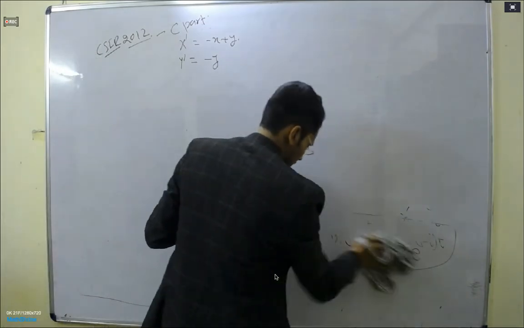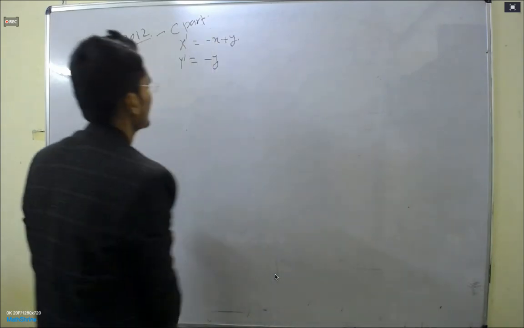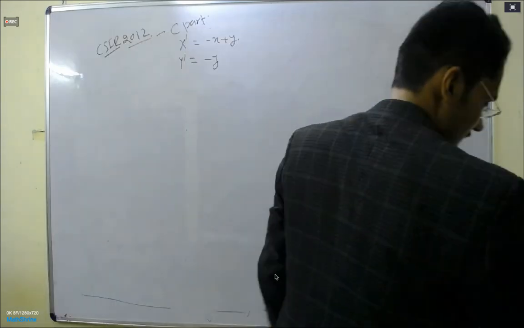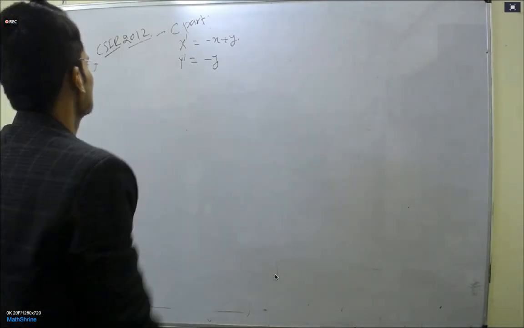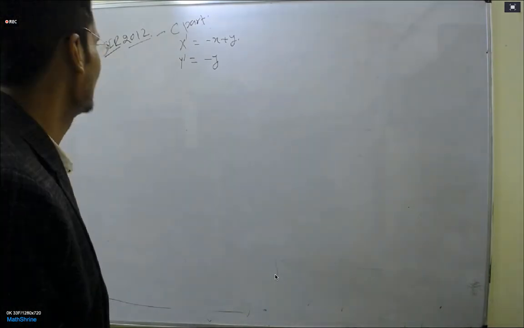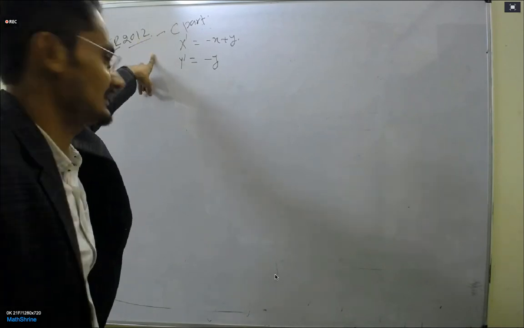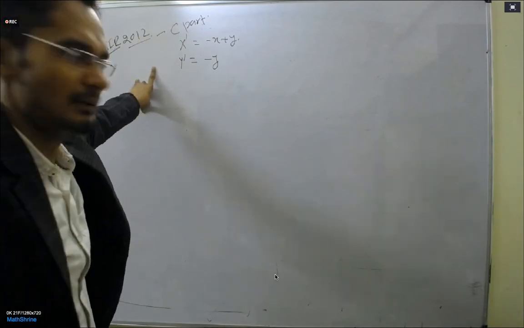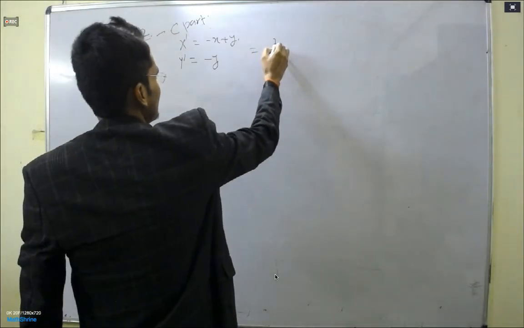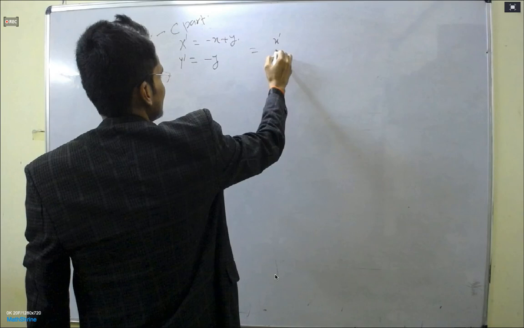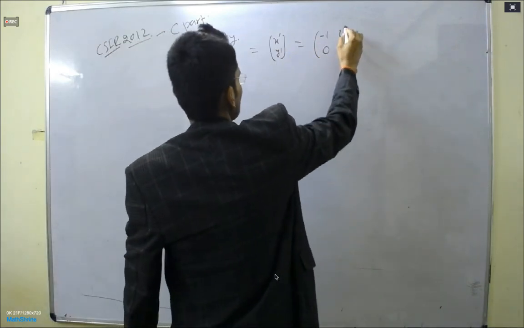The auxiliary equation: R square, minus minus it will be plus 2R, the determinant will be plus 1, is equal to 0. If you solve this, R is equal to minus 1. The algebraic multiplicity is 2. Anybody have any doubt? Please ask. We have only one eigenvalue. This implies that AM is 2.